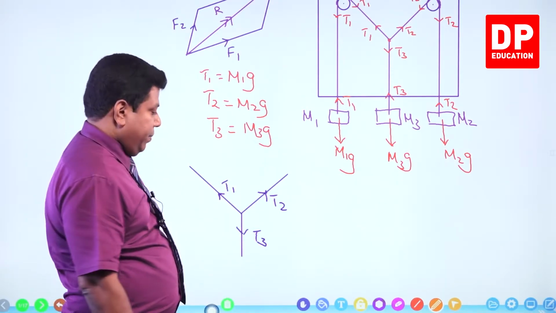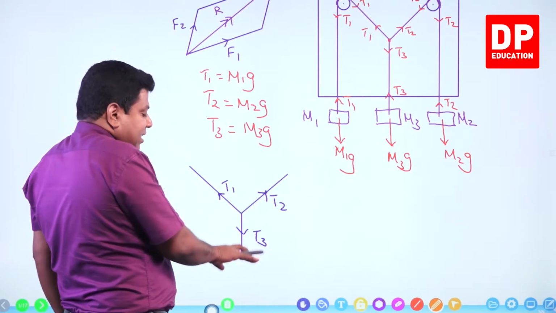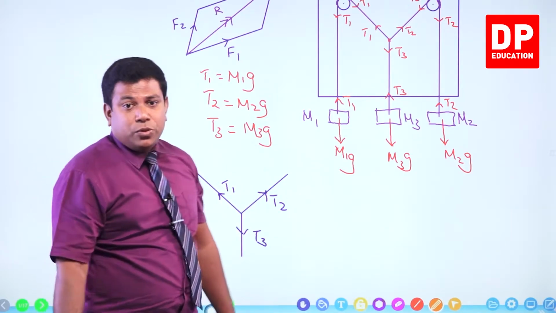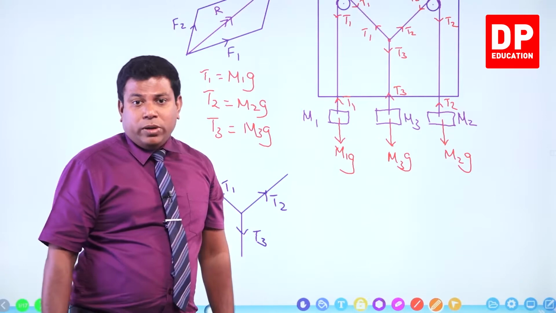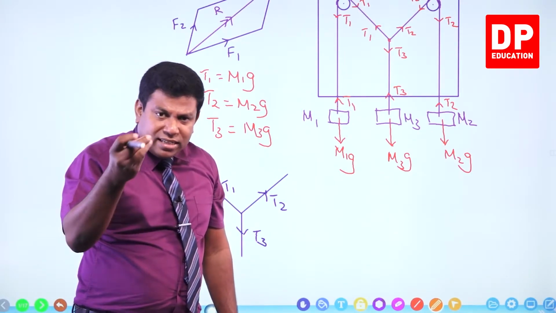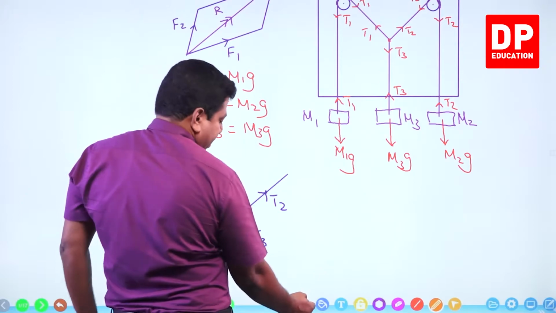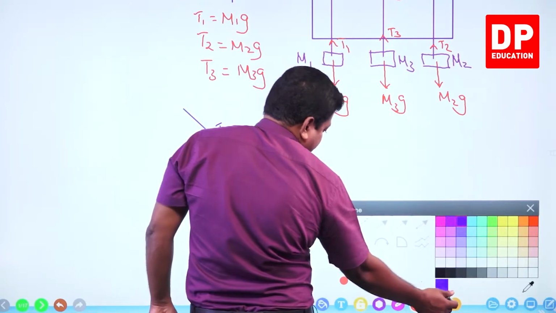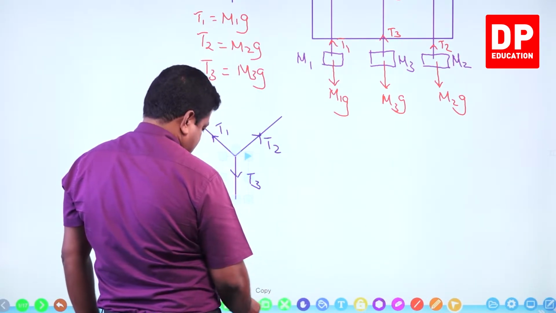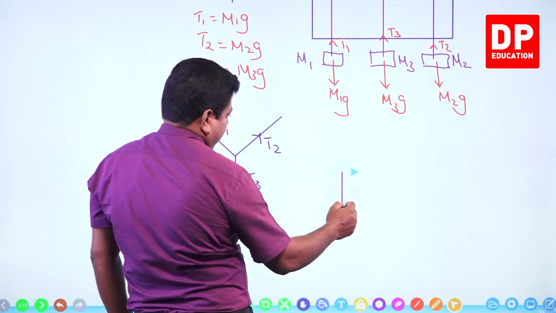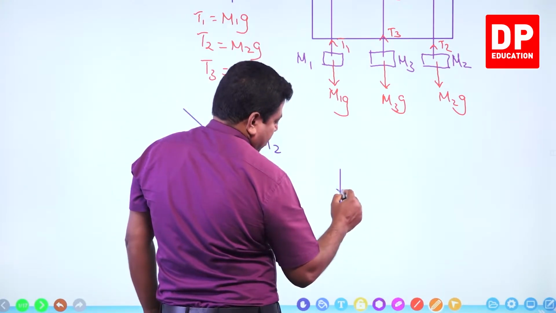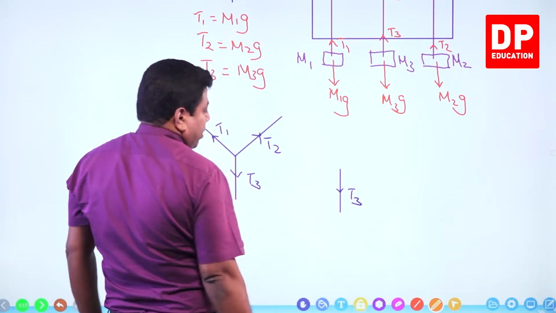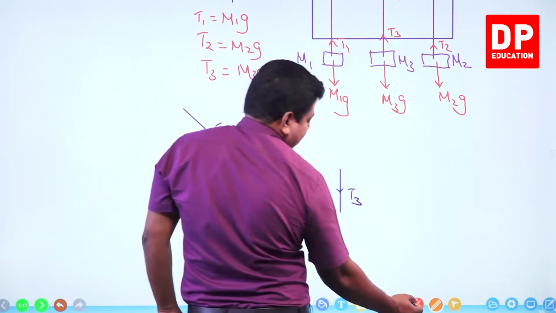Now, listen. Let me keep this T3 aside. Keep the resultant of T1 and T2. I am going to combine T1 and T2 using the law of parallelogram. So, when I combine the resultant of T1 and T2, let's first mark T3. Let it be here. If this is T3, now I am going to combine T1 and T2. This is T3. T1 and T2's resultant,